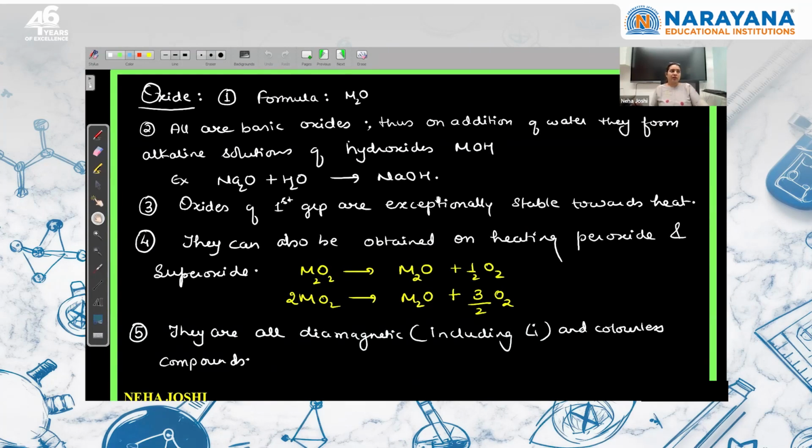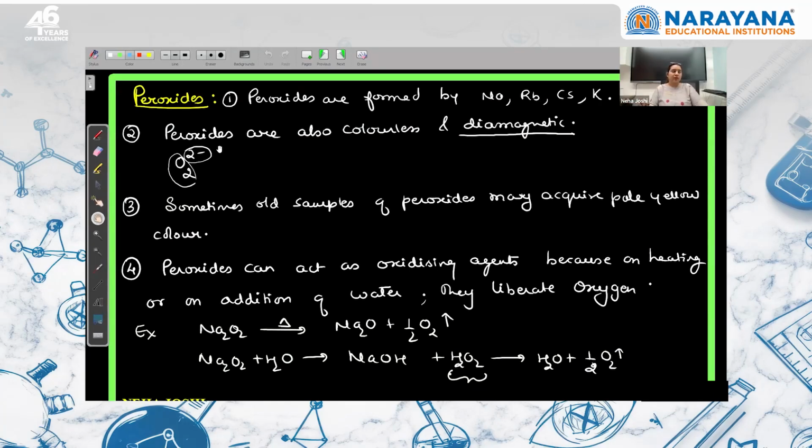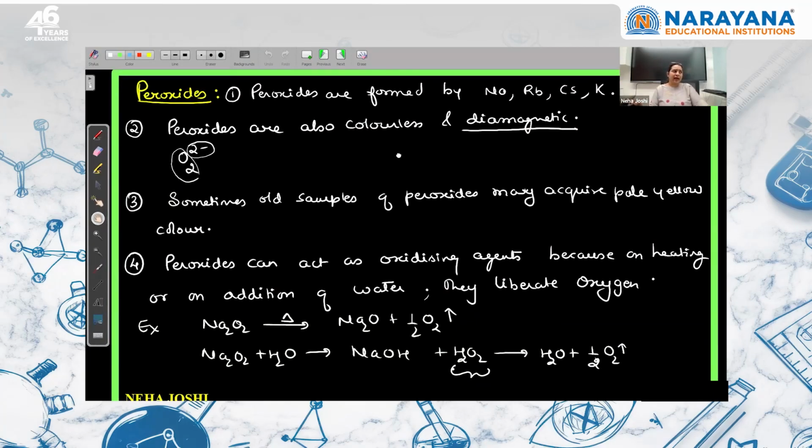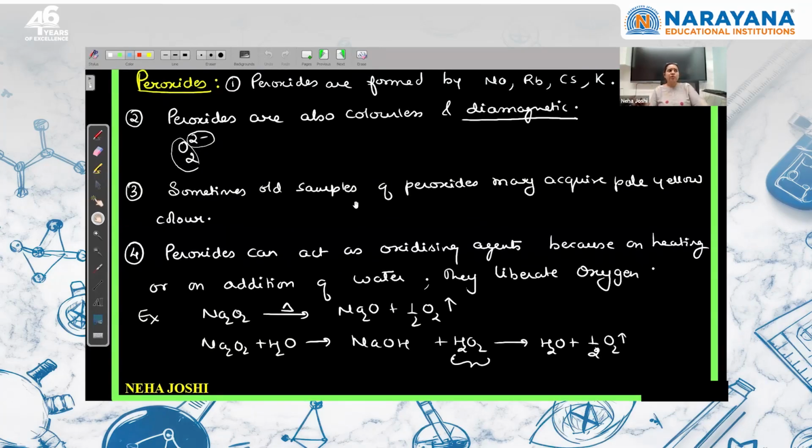Coming to peroxides. Peroxides are of sodium, rubidium, cesium, and potassium. Peroxides are also colorless and diamagnetic because of O2 2 minus. O2 has 2 unpaired electrons. When we add 2 more electrons in this molecular anion, everything becomes paired, so it is diamagnetic. But yes, sometimes a very old sample of peroxide may acquire pale yellow color. Peroxides can act as oxidizing agents. We have already discussed that on heating or addition of water, they liberate oxygen,